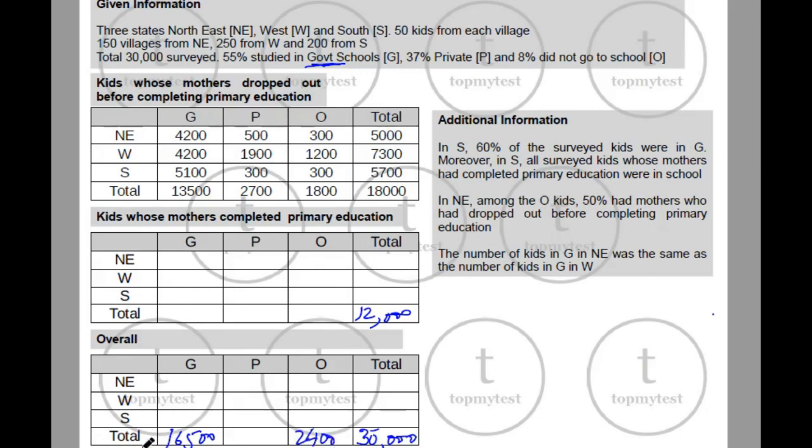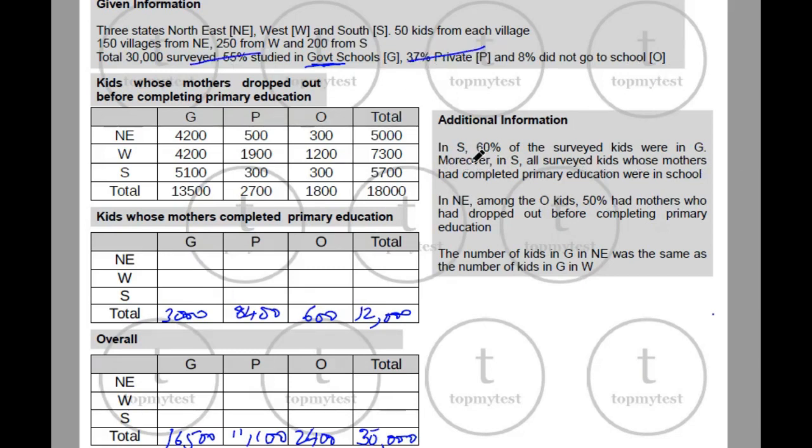So balance will be this plus this, 30,000 minus this. This will add up to 18,900. So 11,100 will be the total. Now this plus this adds up to this, so I can calculate this part. 16,500 minus 13,500, this will be 3,000. 11,100 minus 2,700. 11 minus 2 is 9, 9,100 minus 700 will be 8,400. This total will be 2,400 minus 1,800, so 600. You can verify this should be 12. 4 plus 6 will be 9,000. 9,000 plus 3,000 is 12,000. So this has been taken care of.